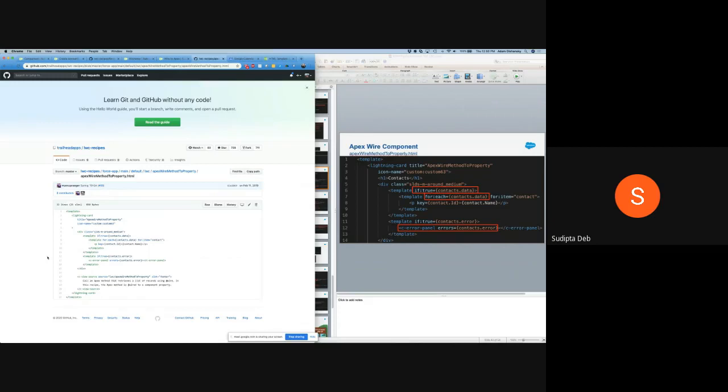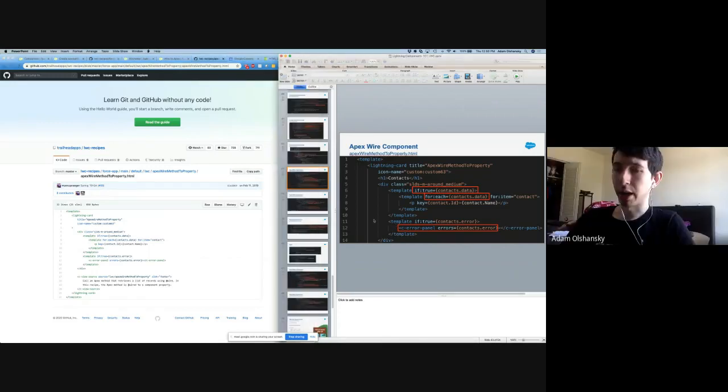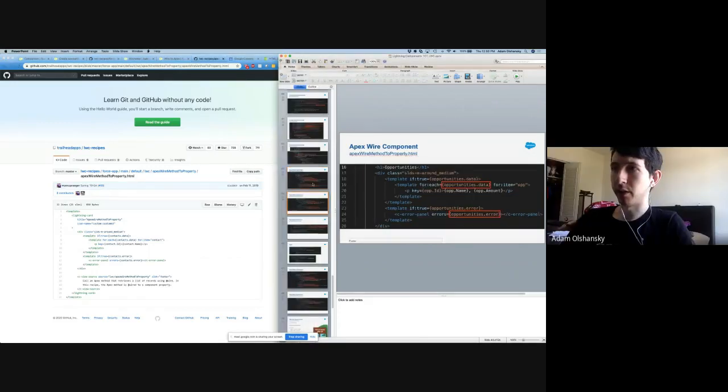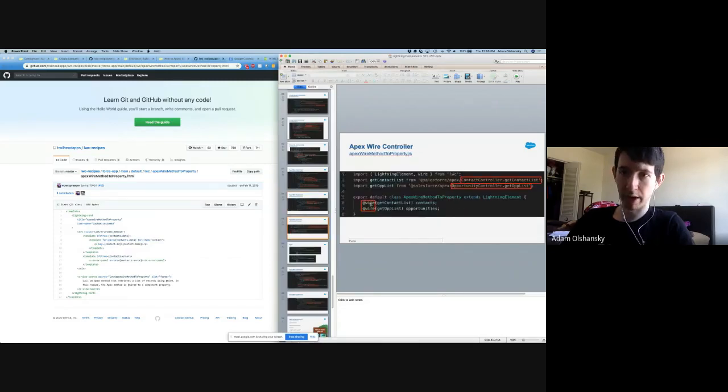Sure. So the next question came from Avi. Where are the data and the error properties defined? So that is part of the @wire decorator. That's part of what it gives the variables. So remember we talked about